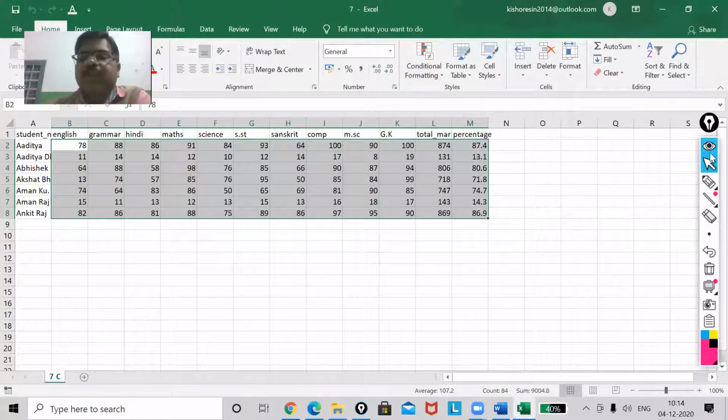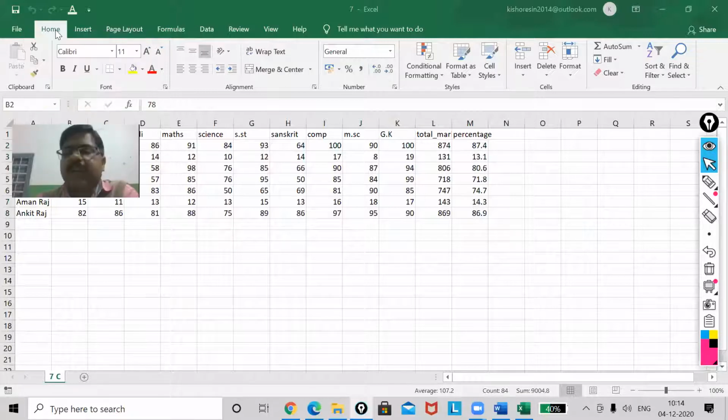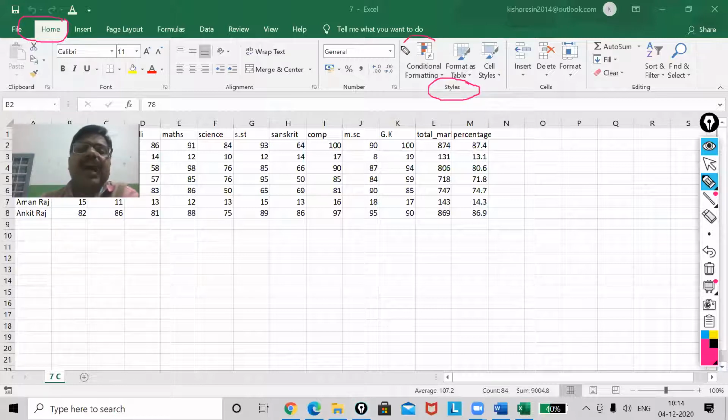First of all, I will go to the Home tab. Then I will choose the Styles group. In this, I have Conditional Formatting. This I am going to use, my dear.